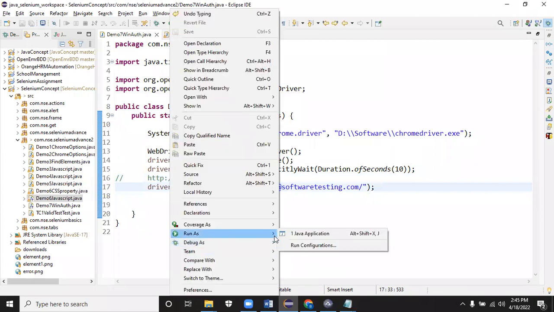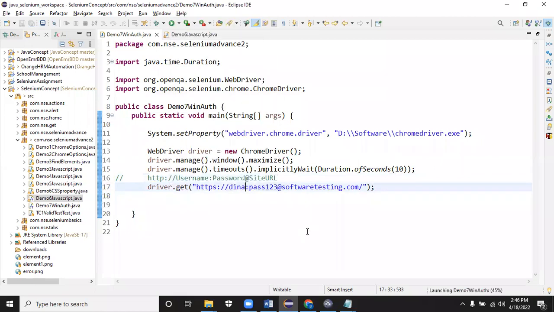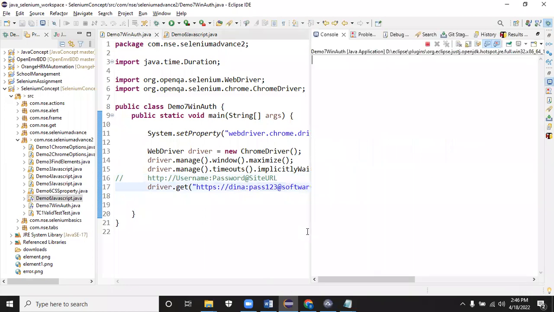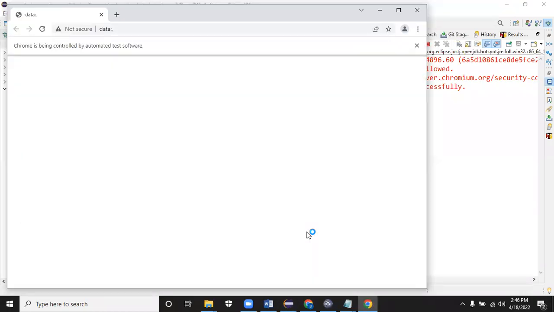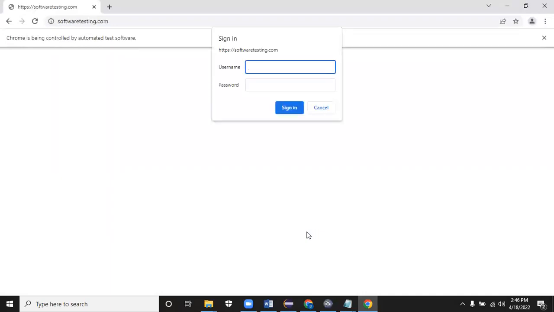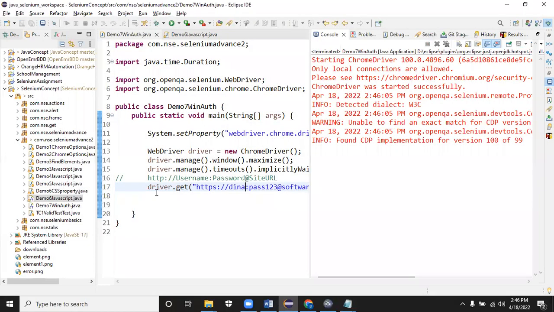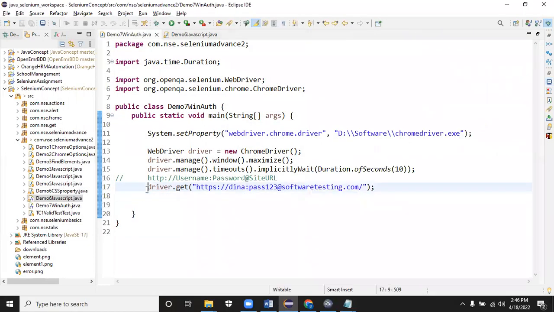If the credential is correct, it will directly take you to the application. If it is not acceptable, it will again pop up with the same credential prompt. You can see once you run with this, if it is not accepting, again it will pop up. Now, this is the first approach we do. If this approach is not working, then